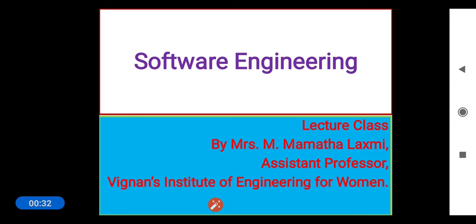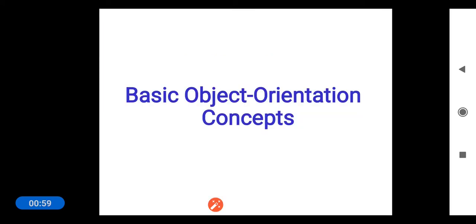So depending on our implementation programming language, we either go for functional oriented approach software design or object oriented approach software design. Okay, so in the previous revision classes we had revised how the functional oriented design approach can be done. So now it's time to discuss object oriented design process. Before we start with the object oriented design process, I feel it's better to revise a few object oriented concepts. Okay, now let us begin with the basic object oriented concepts.